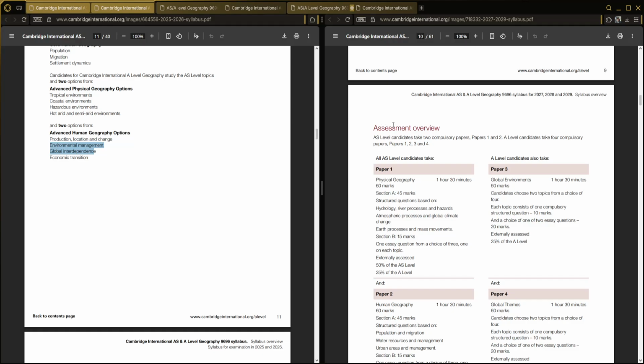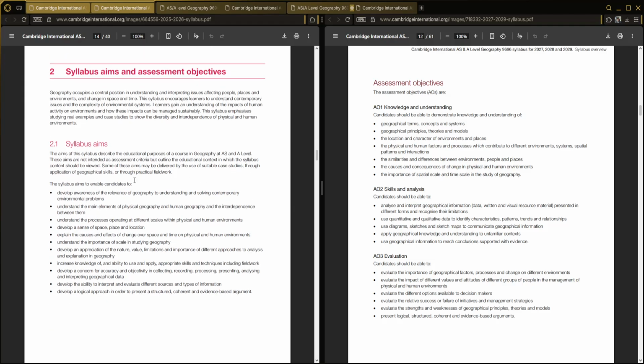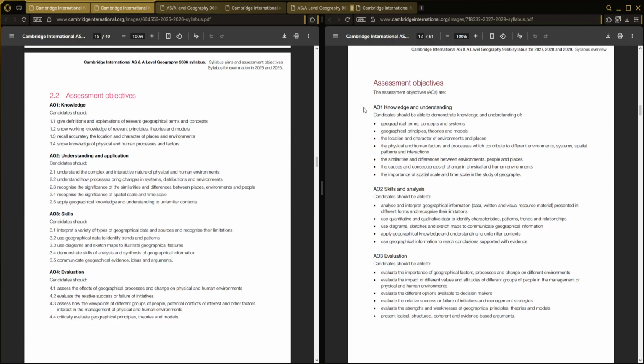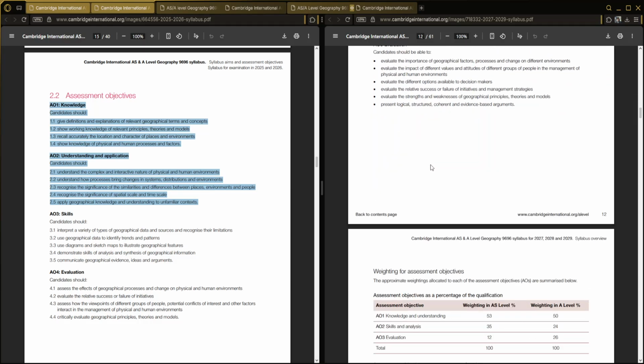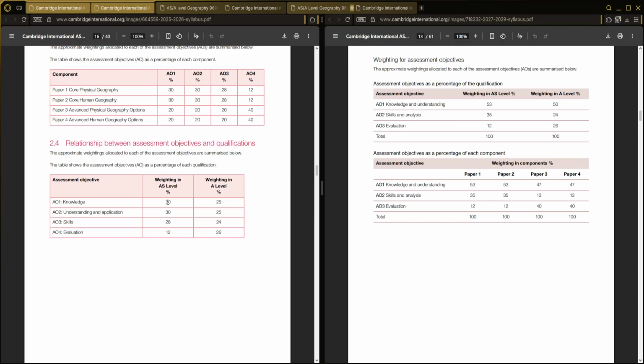The next thing that we want to be aware of is the assessment objectives. So as you can see here, there's only AO1, AO2, and AO3, which means that they have merged AO1 and AO2 together. But to be honest, it doesn't really matter. It's still going to be the same thing. What matters, however, is the weighting changes. So previously, it would have been 60, 28, and 12, and then 50, 24, and 26.